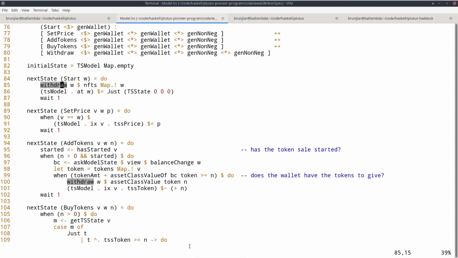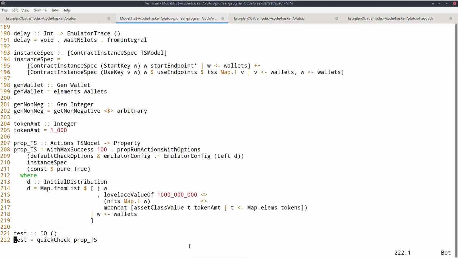The wallets can have funds, and then there are contracts. They are like a black box that take funds. So withdraw means some funds go from a wallet to a contract. It doesn't matter which contract. So this line says the effect of start will be that wallet W loses the NFT.